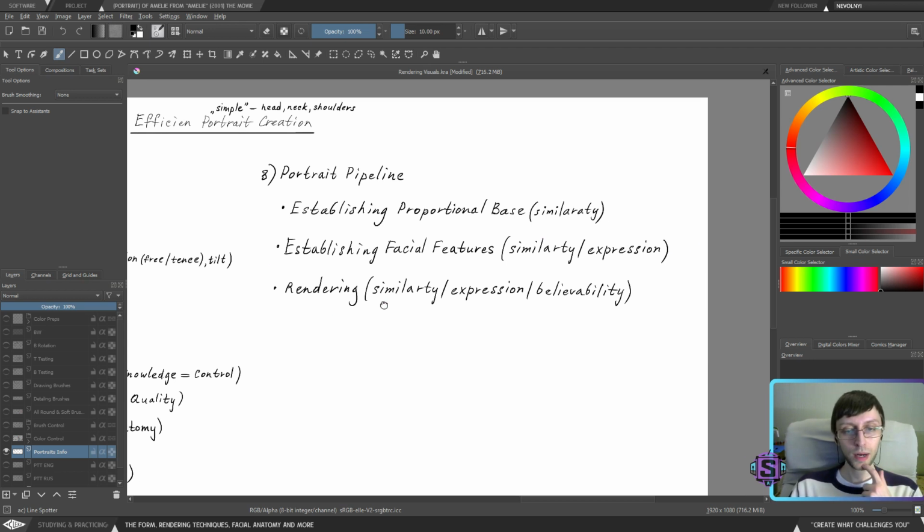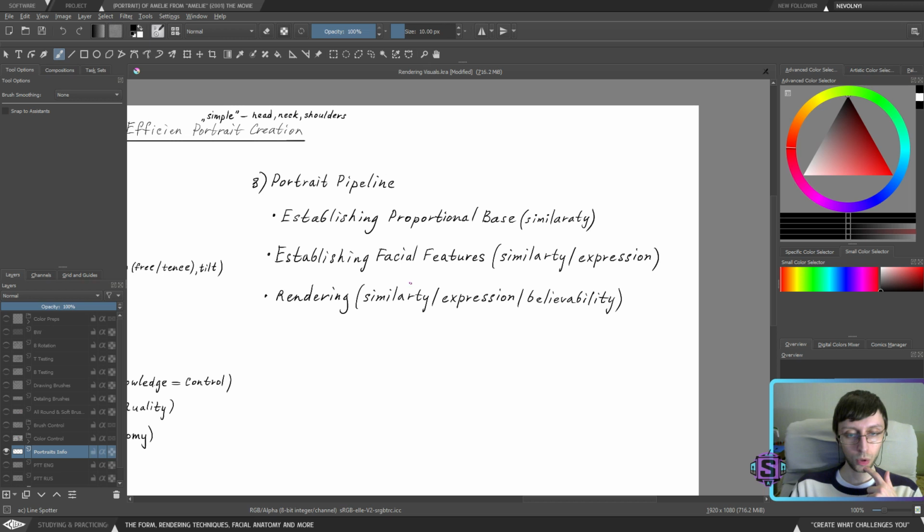Then we will go into the rendering, where we will continue to add similarity, continue to work on expression, and now we're going to need to add believability, something that makes this person look exactly like this person looks. So right here we're going to work on a highly detailed painting.